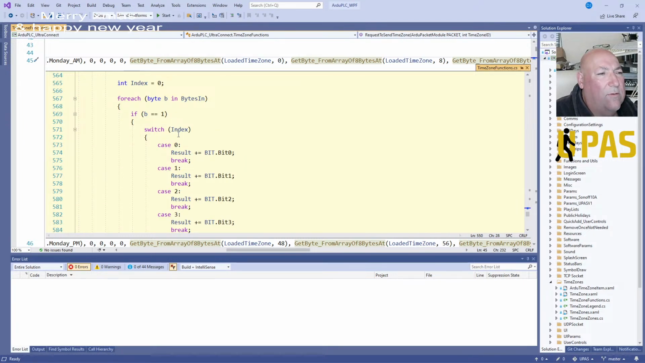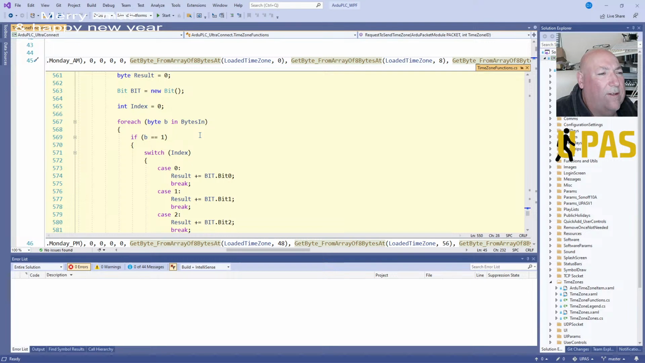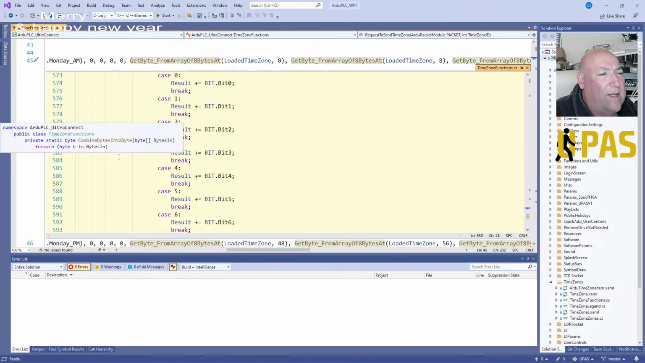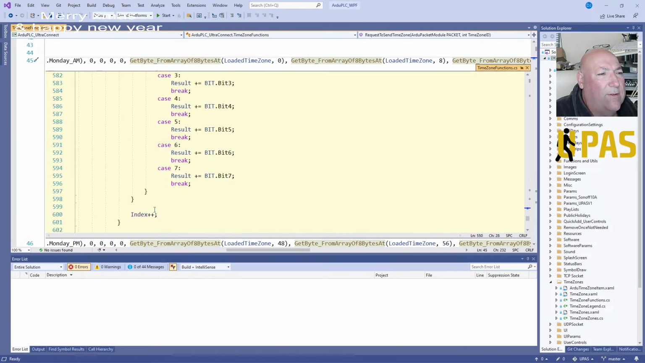Alright, so switch the index. So the index, it must be incrementing an index down here, plus plus. So yeah,